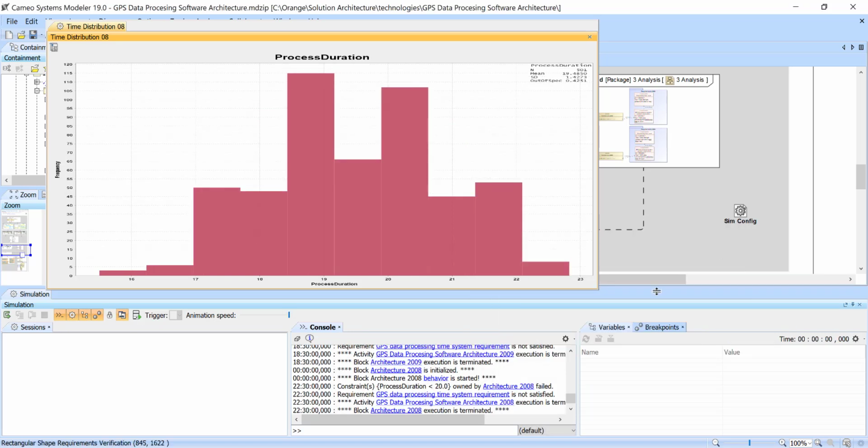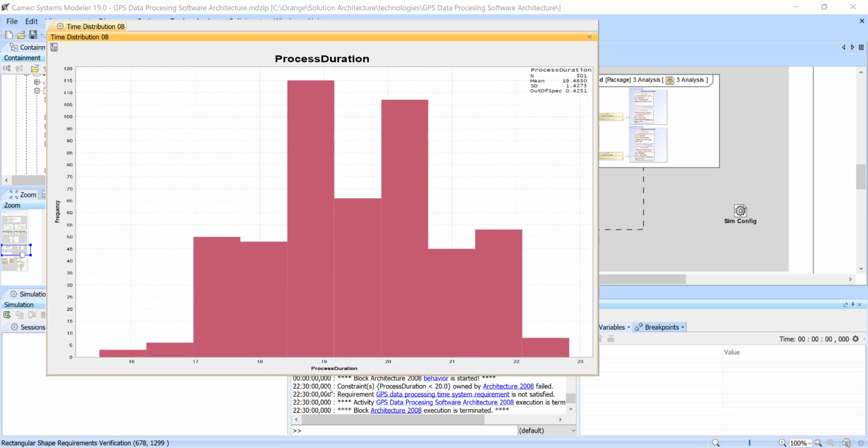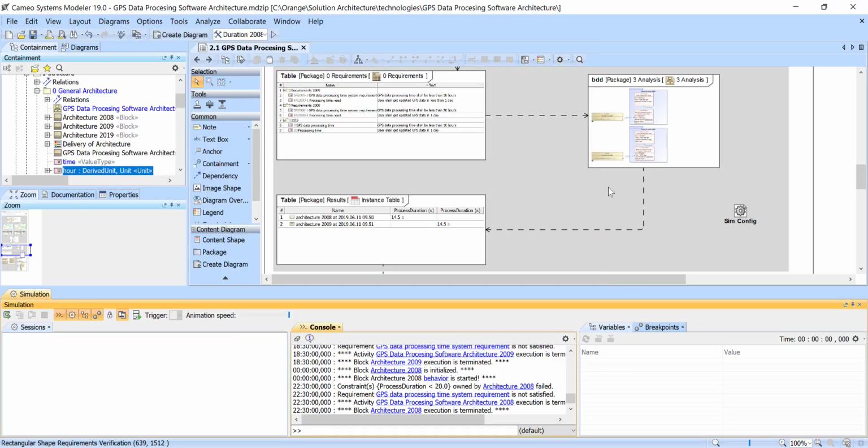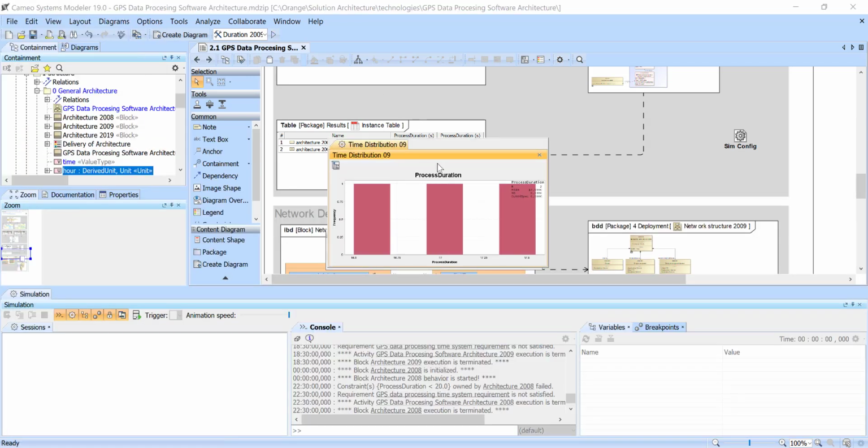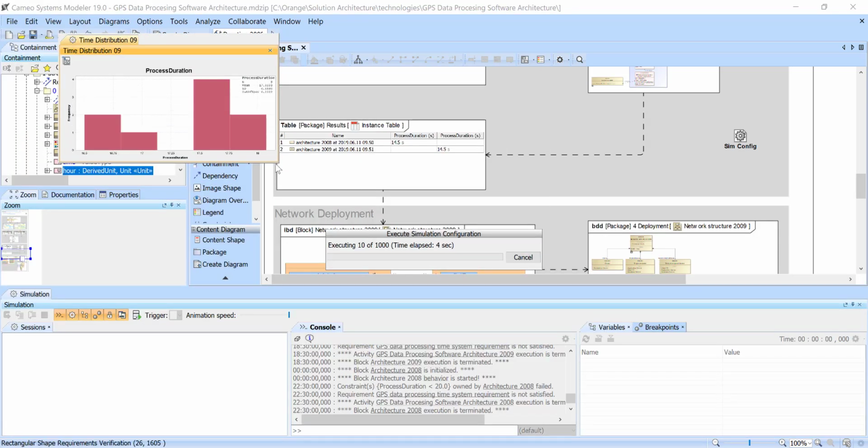We see here that half of the cases executed. If this were the analysis we want to have, we would run the required number of times. Now I will close this. So here we see frequency, here is process duration. And I will not run 2009 for a long time. I will just execute it shortly to see that it actually has a different kind of